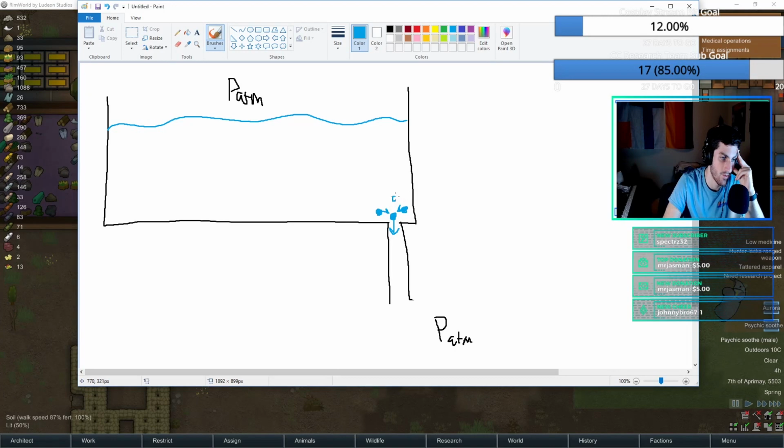And then we're going to have a fluid molecule here, because this is going to be a sink. So if this is the drain, we're going to have fluid flow like this in all directions,